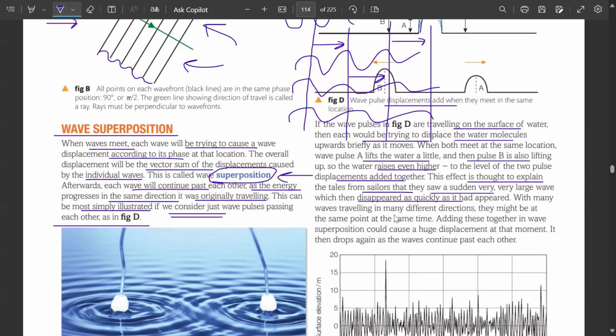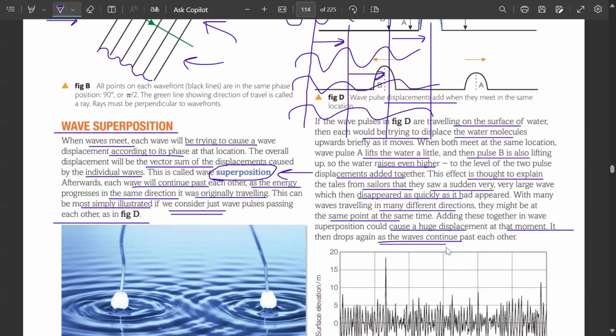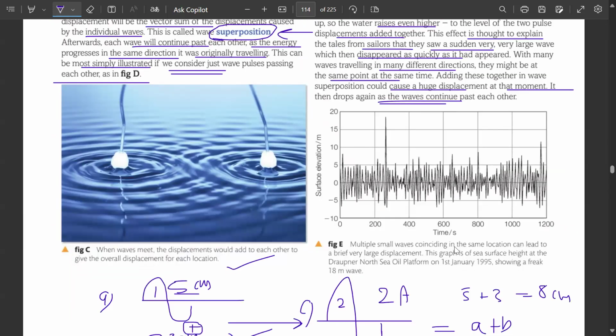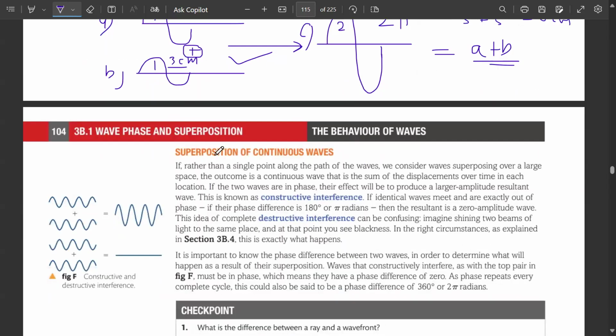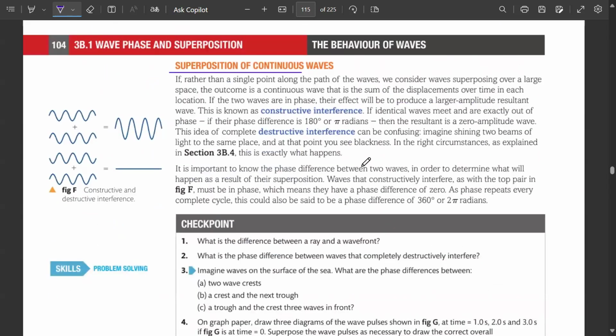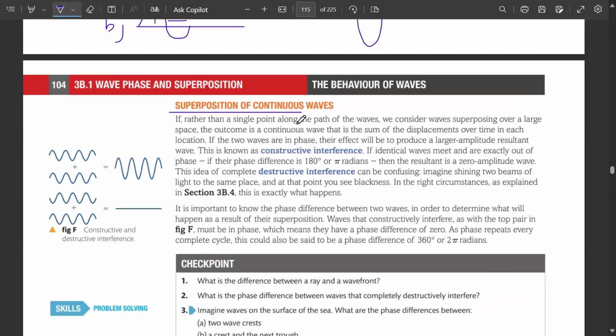With many waves traveling in many different directions, they might be at the same point at the same time. And adding these together in wave superposition could cause a huge displacement at that moment. It then drops again as the waves continue past each other। तो ये होता रहता है। इसी तरह waves बनती हैं, waves कम हो जाती हैं।